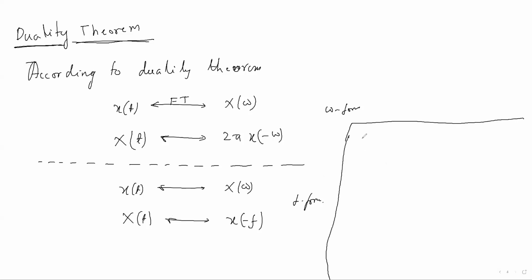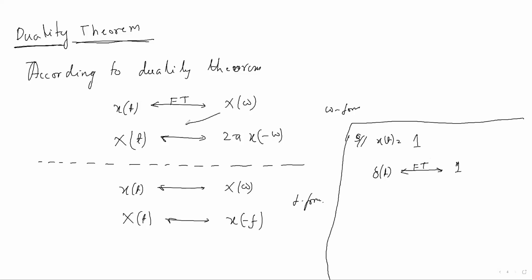So how can we solve? Suppose a signal is given: find the Fourier transform of delta t. Now find the Fourier transform of a constant A, or constant signal 1, is given. Okay. So what do we know? We know that the Fourier transform of delta t, I have solved with the integration formula, is 1.